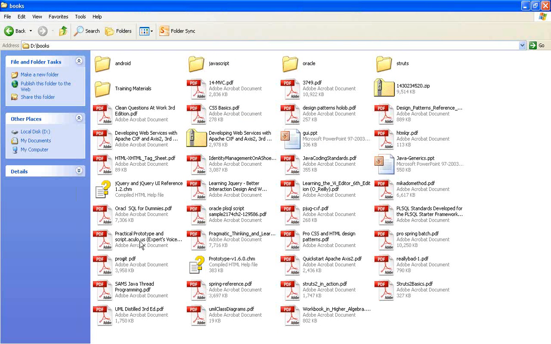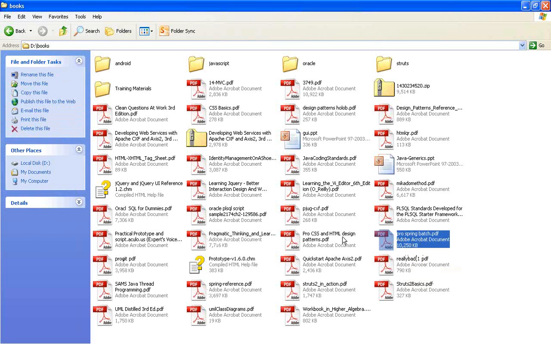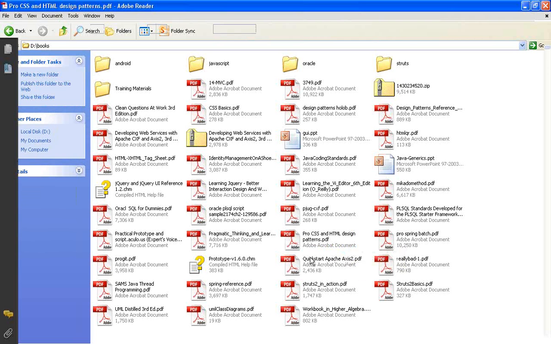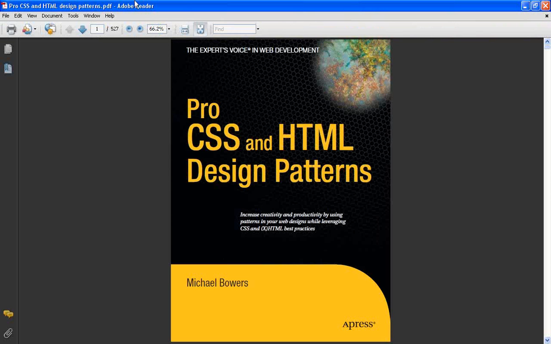It's called Pro CSS and HTML Design Patterns. This is a nice book. This is a really nice book.